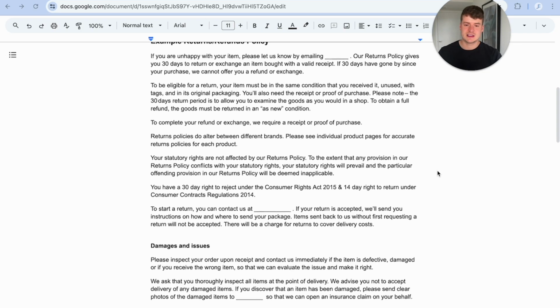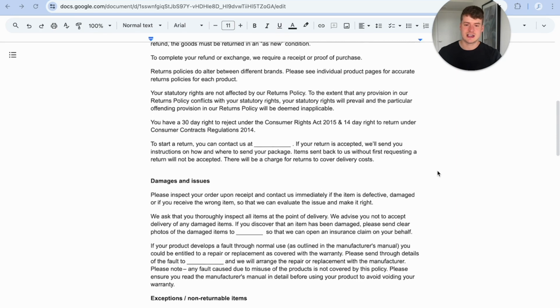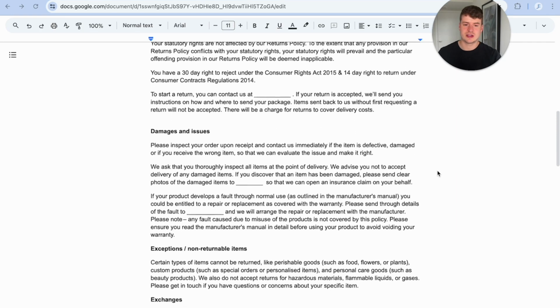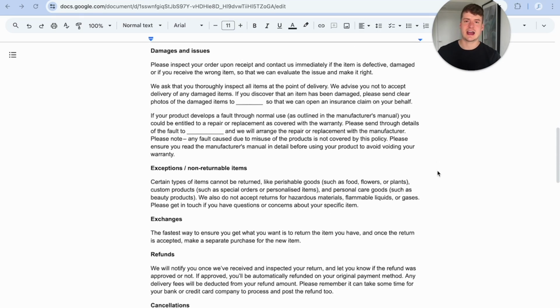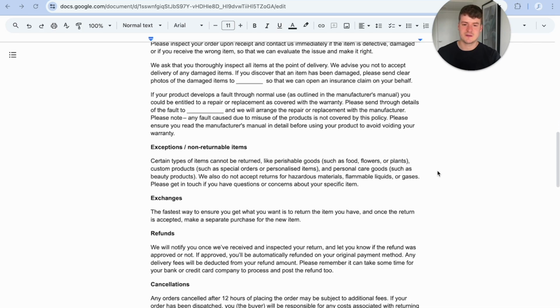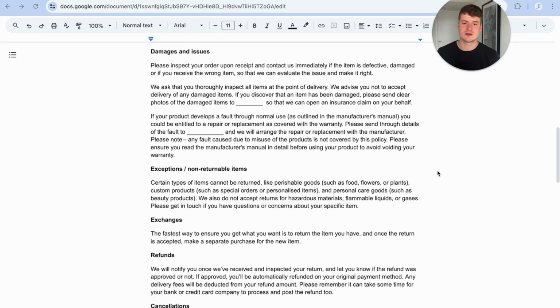So you can see this returns policy, and you can have a look to see how we've laid it out to make sure that it's clear, and it's clear that they won't be refunded if they just send it. They have to get in touch with us first before they go ahead and send a refund. We've also got a part in here that makes sure that they understand that if there's damage that we wouldn't